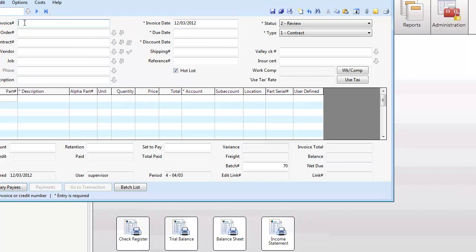If I'm going to enter an AP invoice, I get a check number or an invoice number. If it was written against the PO, I would enter the PO here. If I'm paying a subcontractor, I would enter the subcontract number here. But I'm just going to enter one in for the only vendor I know. It's Home Depot. We're going to charge the job number 2. The description is materials,